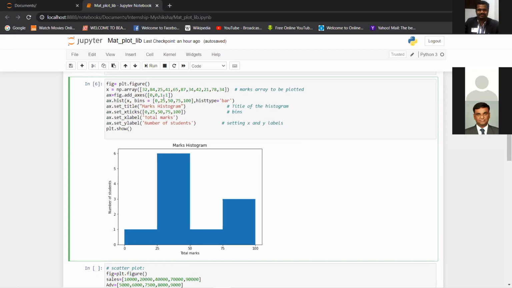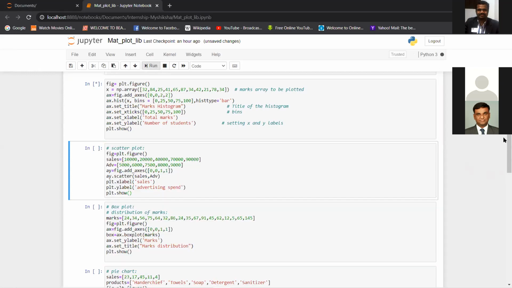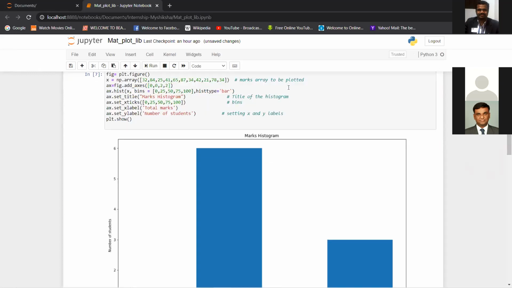So if I want to increase the width or height of my plot, I can change these values.